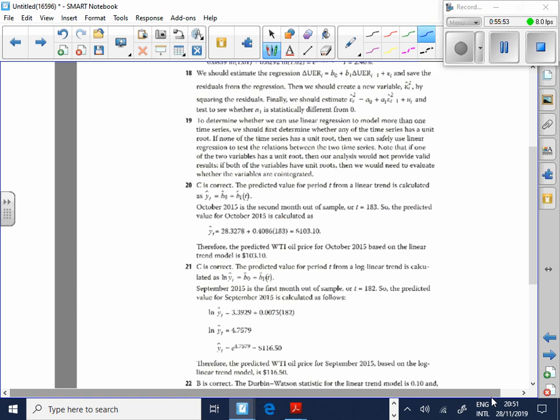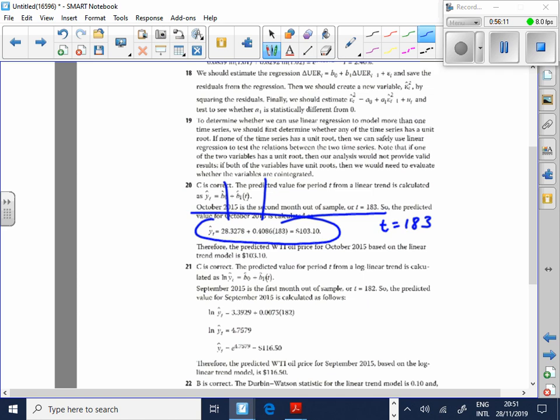If I just take you to the solution over there, you comfortable with that? The only little trick over there was to make sure that you use the correct t. That t is equal to 183. You guys comfortable? There's your B0. There's your B1. There's nothing else to add any value.